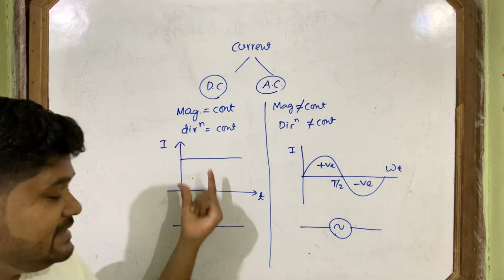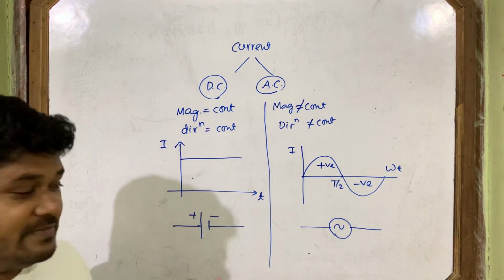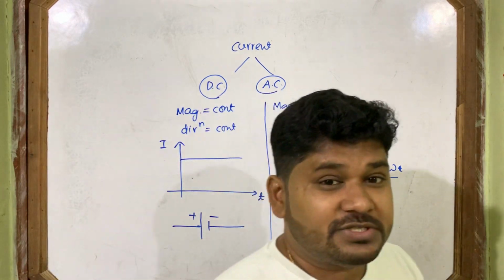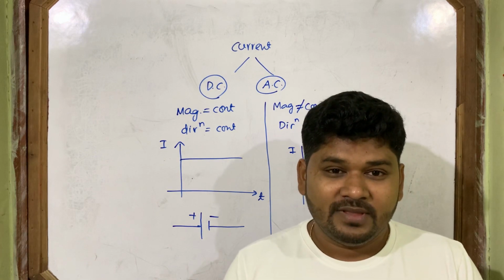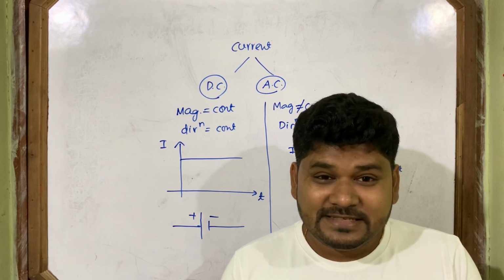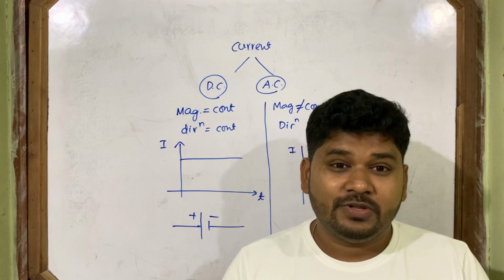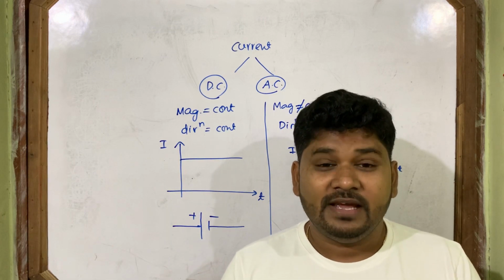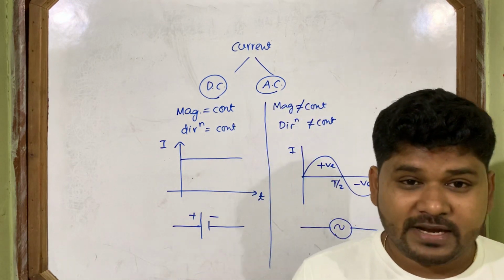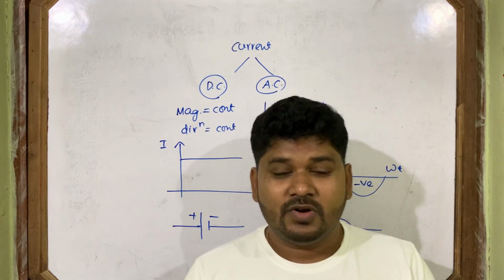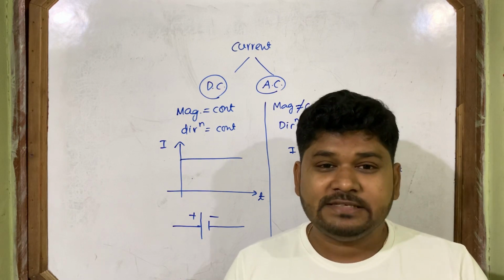So where do we get this direct current? From which device are we getting it? Direct current source is available in the market, that is the cell. Starting from small cells, there are also big cells. A small 1.5 volt cell you buy from the market to use in your clock, your TV remote, your AC remote.